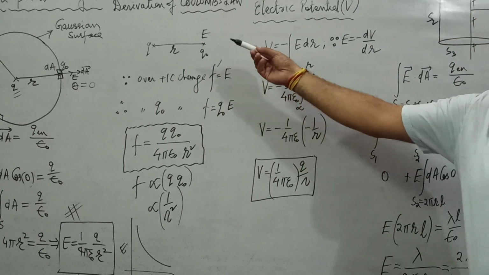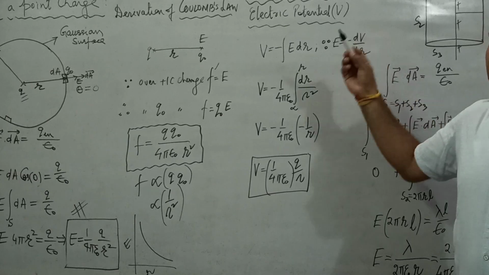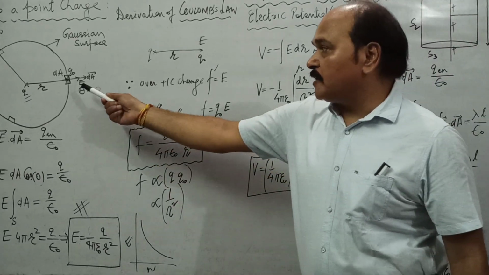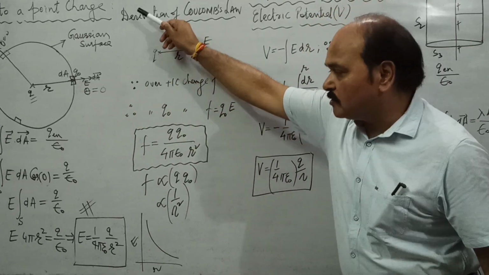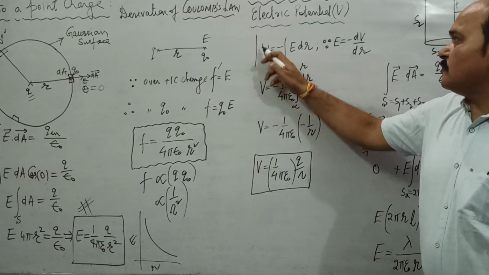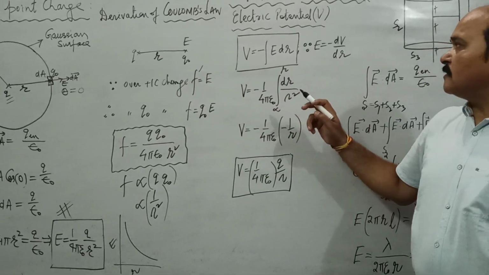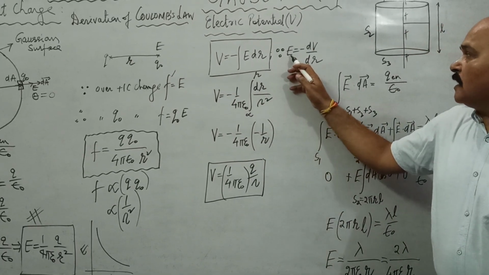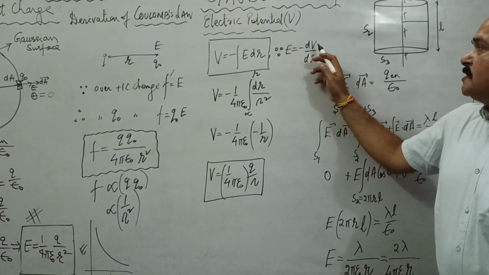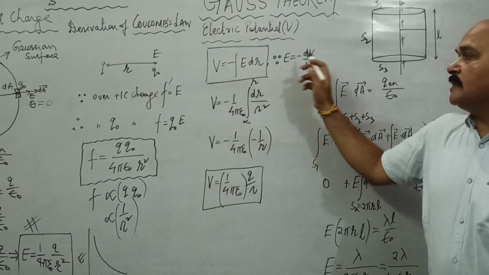Well, one more application of this derivation is the determination of electric potential. So what is electric potential due to point charge at a distance r from it? Well, again, we'll have to work out this whole derivation, and then we have to use the definition that electric potential is always equal to minus integration of E dr. Why is it so? It is simply because electric field intensity is negative potential gradient, minus dV by dr. That means dV is equal to minus E dr. We integrate both sides, we get V is equal to minus integration of E dr.